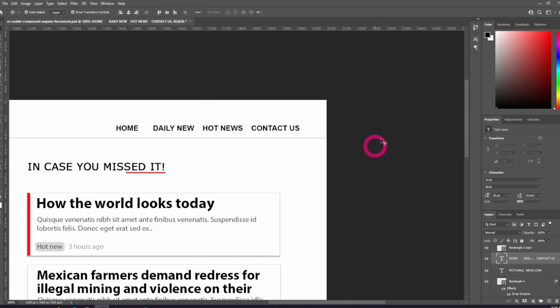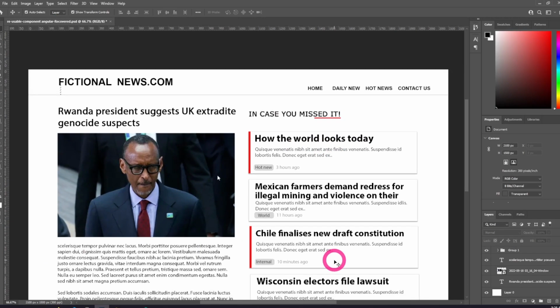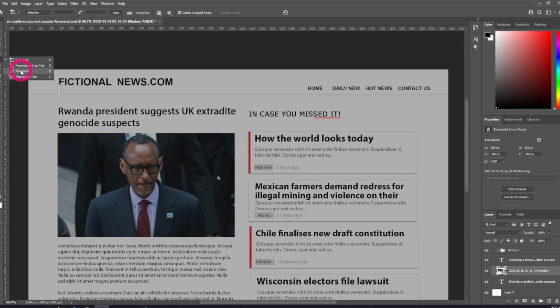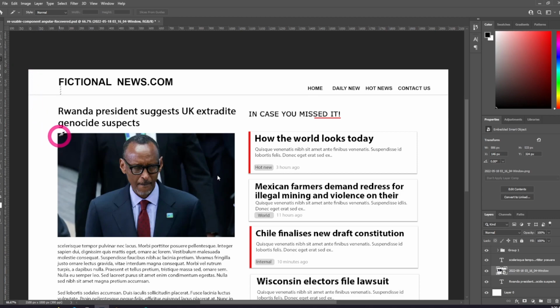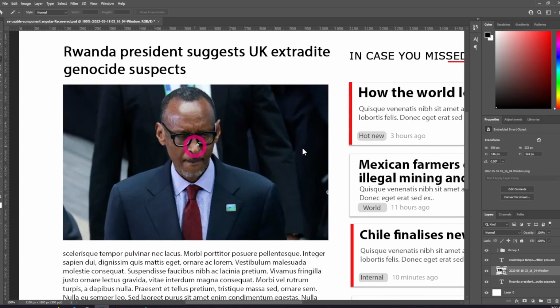Let's see. Let's move into this detail. For this, we need to pick out this asset with the slice tool. We can use the slice tool, and then we can cut. So you can zoom in. You can hold Z on the keyboard, or you do Control plus or Command plus to zoom in Photoshop.